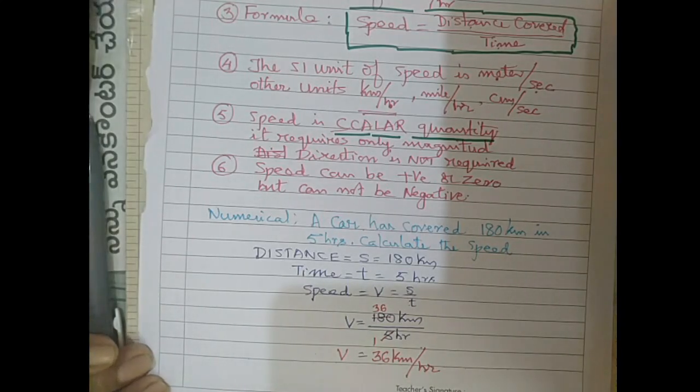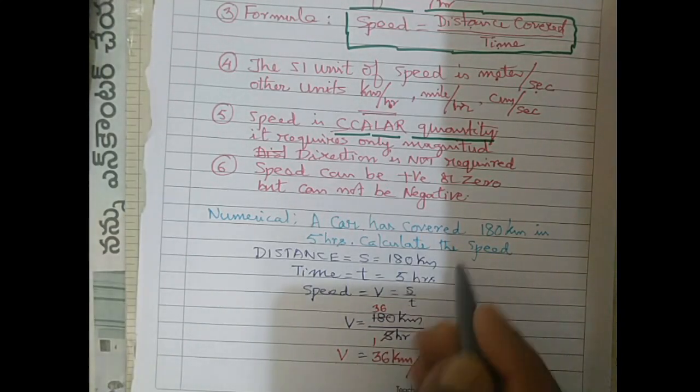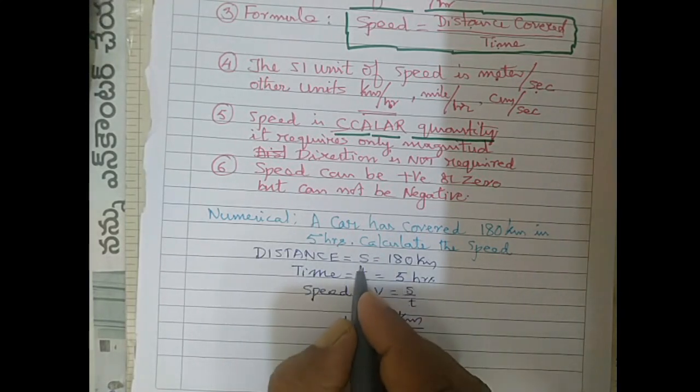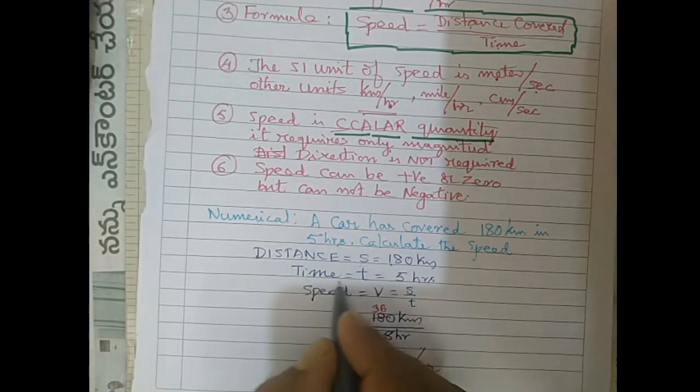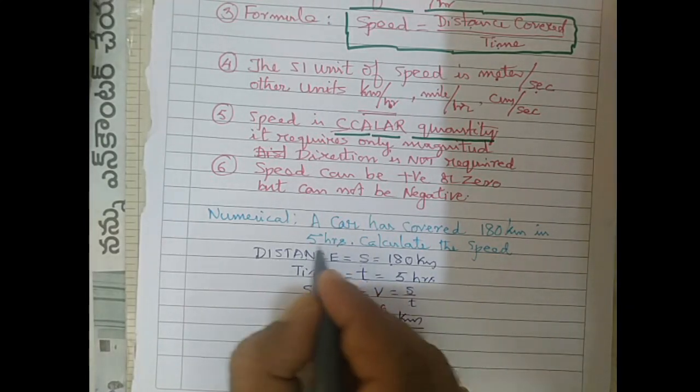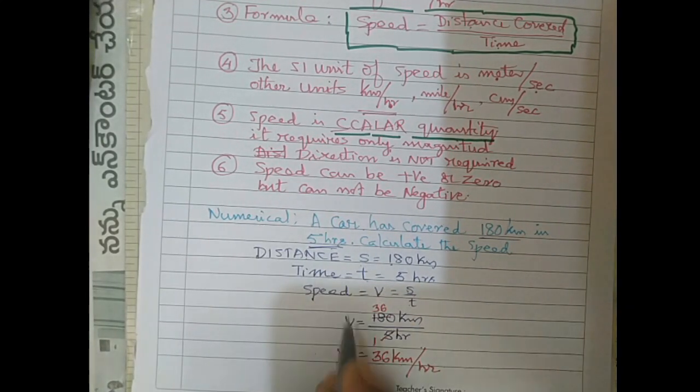Observe carefully here. Once again I am explaining, listen carefully. First, distance travelled, indicated by S, is equal to 180 kilometer. Time T is equal to 5 hours, given here. Distance and time. The speed formula is V is equal to S by T. In place of S, substitute 180 kilometer. In place of T, substitute 5 hours, whatever is given. So you know very well, if you cancel it, 5 threes are 15 and 5 sixes are 30. You know the cancellation; in mathematics you have learnt it. V is equal to 36 kilometer per hour. You have got it.